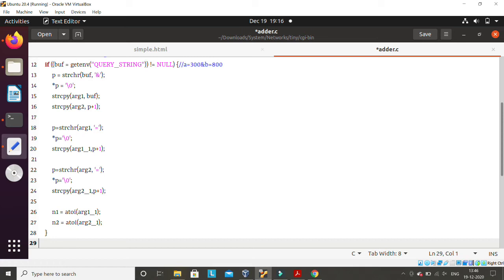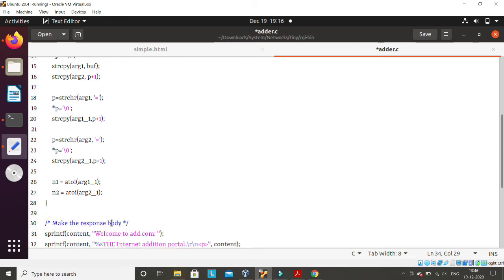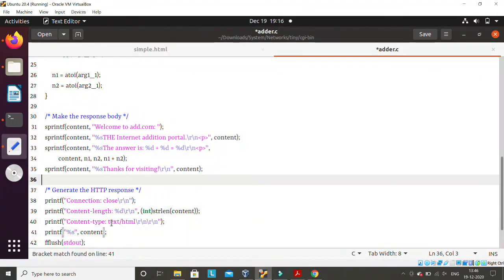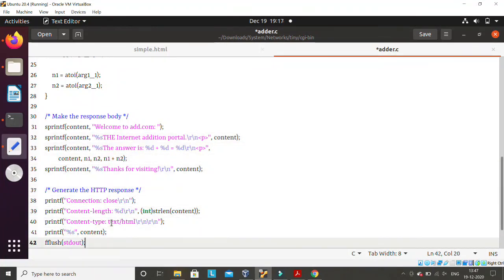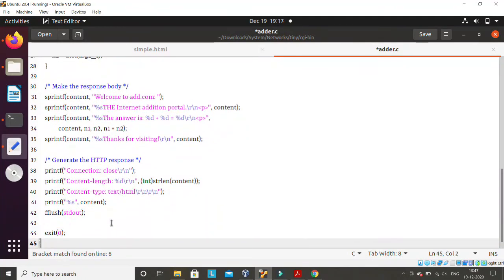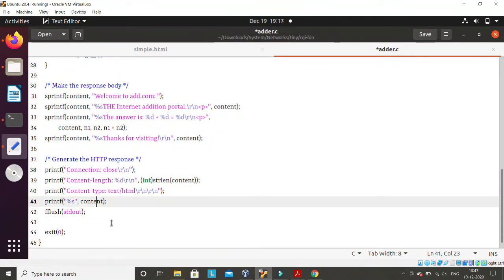We start from here, in this line number 12, the value of buff will be this string, and at line numbers 26 and 27, from all these things I'm extracting 300 and 800. Once this value is extracted, you can see where we're creating a string dynamically, and then we are printing it here, right? With sprintf, and the complete statement is printed here.